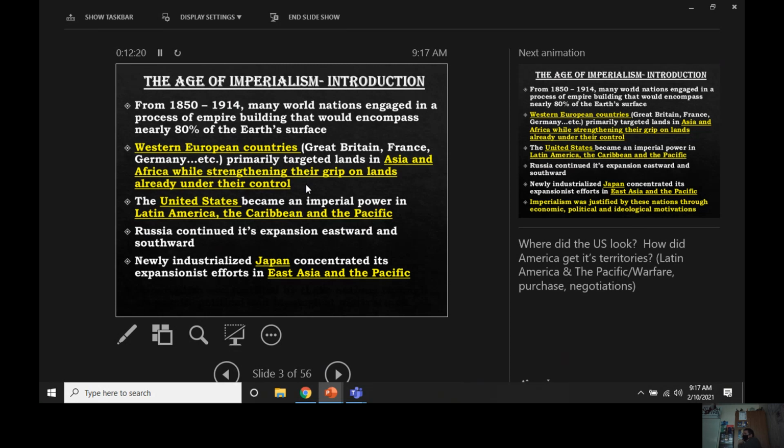reorganizes their government. They get rid of the shogun. They put the emperor back in charge, at least theoretically, as a figurehead. That's the Meiji Restoration. And they start a very rapid series of industrialization projects and modernization projects themselves. Well, part of industrialization, unfortunately, during this time period goes hand in hand with imperialism. So they're doing some empire building in their own right, just different areas, mainly in East Asia and the Pacific.